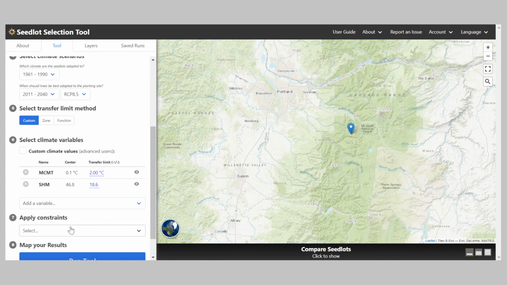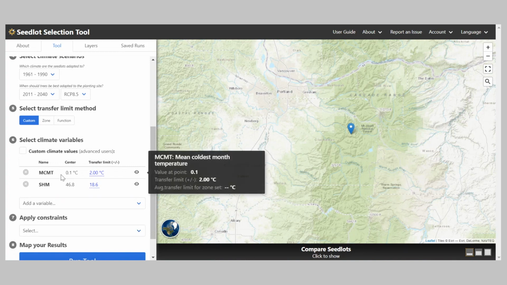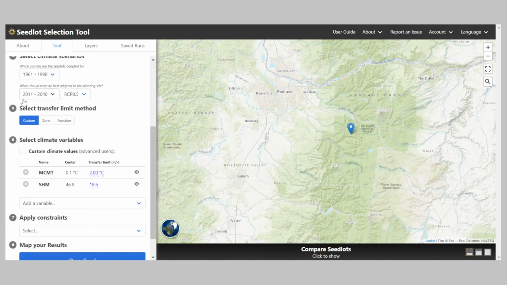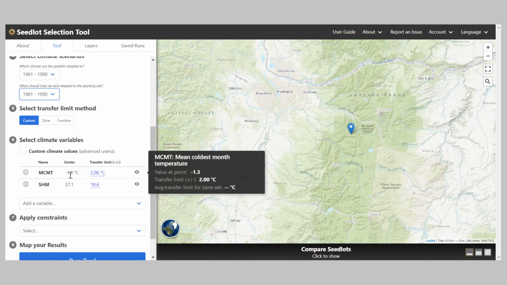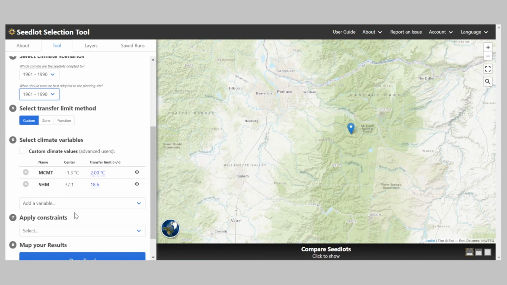Now that we see the climate data, I want to jump back to the time periods. The value here for the climate variables that's being displayed is the modeled value for this time period. If we were to change this time period back to 1961 to 1990, we can see that the center of this variable is negative 1.3 degrees C. And this is actual climate data from that 30-year time period.